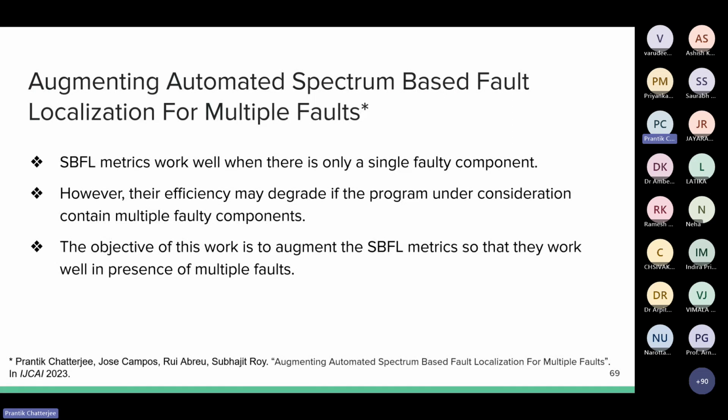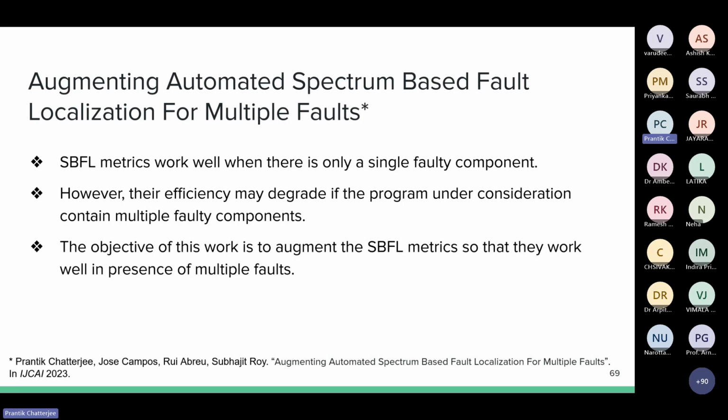But now we want to actually assign the suspiciousness score, and in fact we want to improve the quality of the suspiciousness score so that buggy components are placed more towards the top. Now, if you remember our discussion on OTI, it was a very simple score, right? You examined what fraction of the test cases in which a component was executed were faulty, and things like that. It was a very simple metric which assumed that your program can contain only a single fault, and it assumes perfect detection.